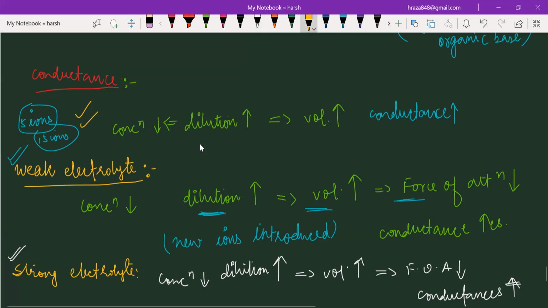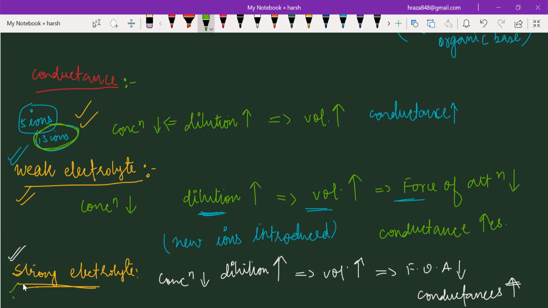Yes, sir. Now see, my question is, where will the variation of conductance be more? In a strong electrolyte or a weak electrolyte? Variation of conductance, initial and final. Sir, the weak electrolyte, right? Yes, weak, because there is introduction, there is production of new ions. That's why the variation of conductance in a weak electrolyte is more